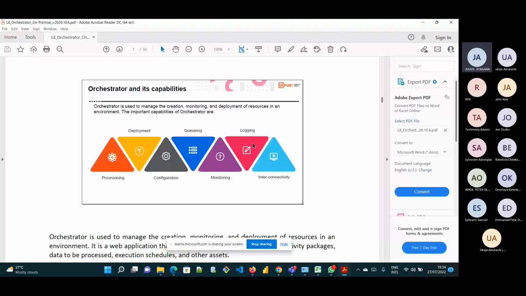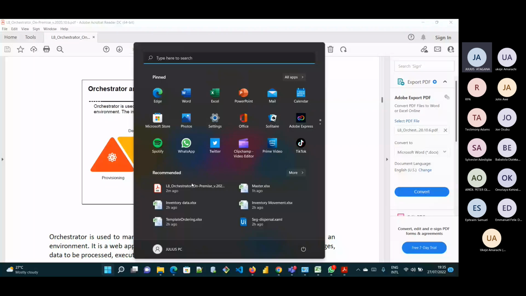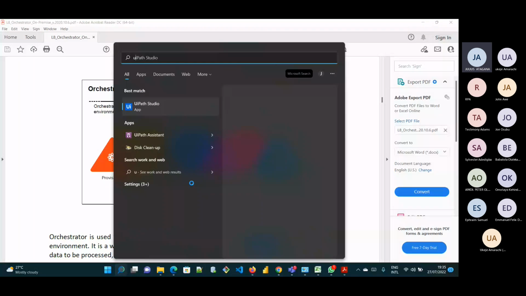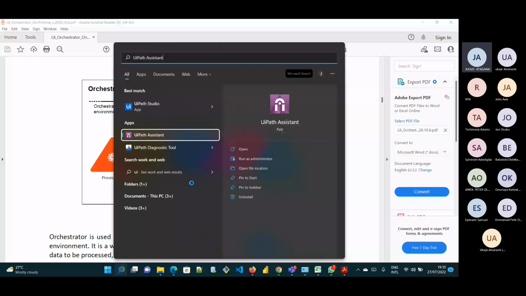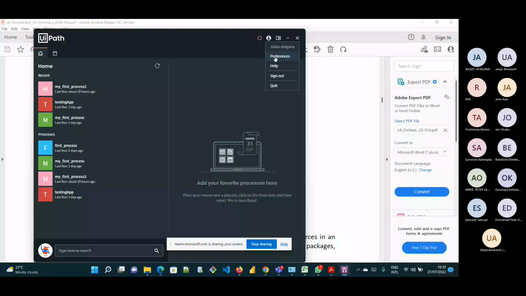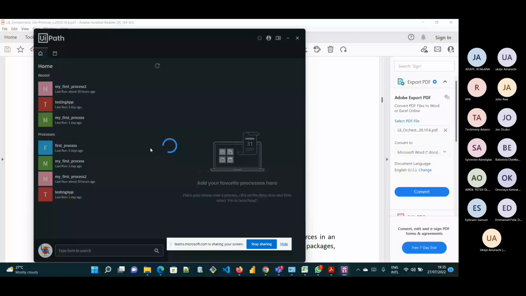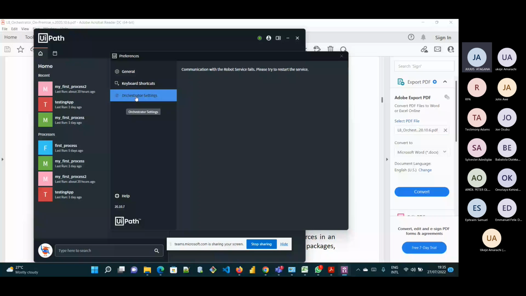Let me open my terminal so that we'll see something. If I go to the UiPath Assistant, this assistant is on-prem, and I go to my preferences. Now, we could see logging here.